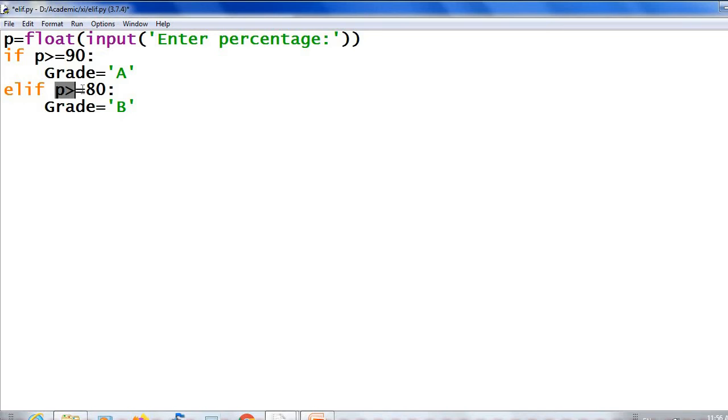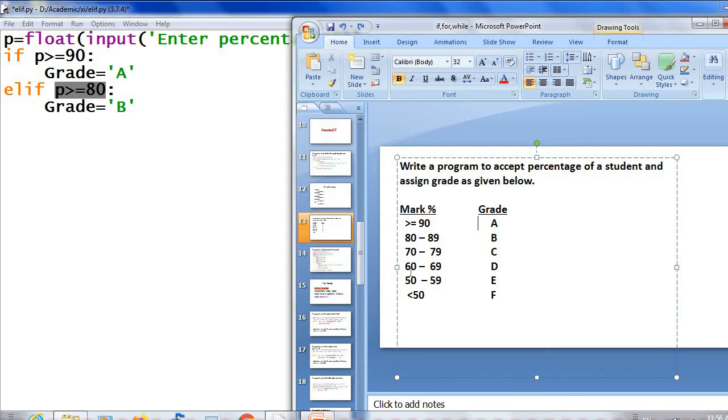Here, if the condition P greater than or equal to 80 holds, it means P is in between 80 and 89. It is less than 90 and also greater than or equal to 80. That means it is in the range of 80 to 89. That is, no need to check whether the percentage is less than or equal to 89. I think it is clear to you now.